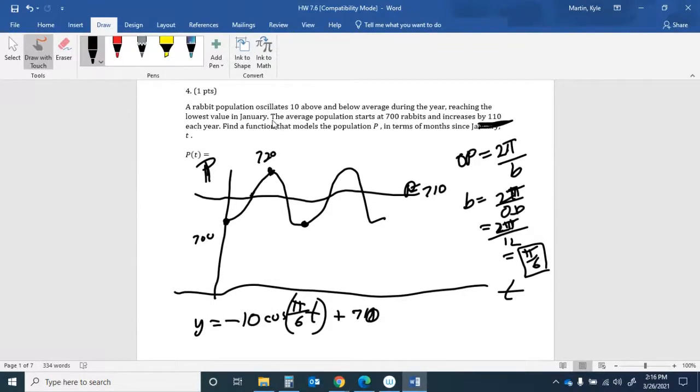So let's take into account and unpack this other twist they put in here. It says the average population starts at 700 rabbits and increases by 110 each year. So what's going to happen is my average of 710